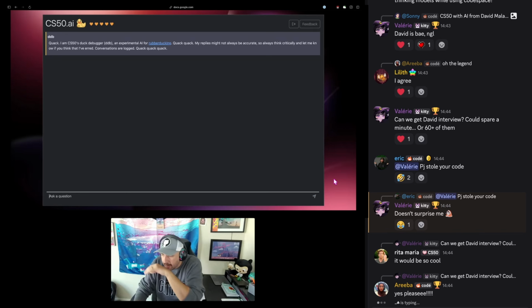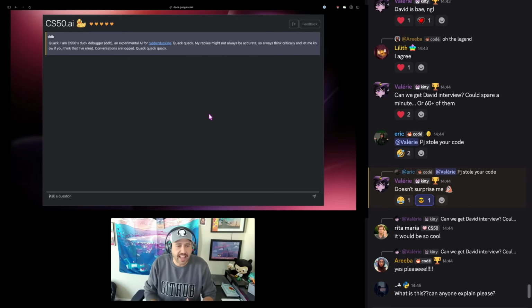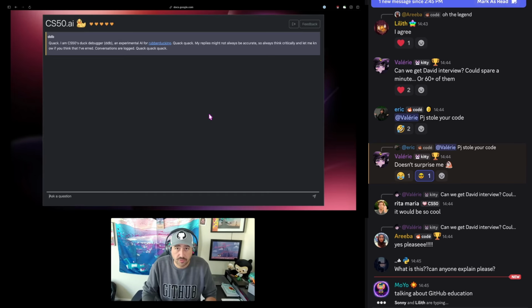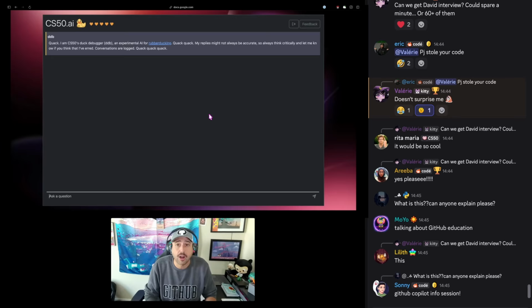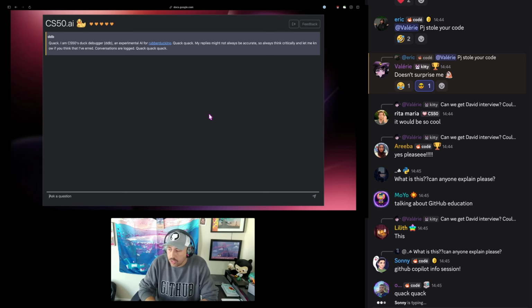Finally, this is something that they actually use in CS50. This is CS50.ai. CS50.ai is a debugger that uses OpenAI underneath the hood, and you can ask it questions about your assignments inside of Harvard's CS50 class, which is free online. You can take CS50 right now if you want to. And this debugger does not give you an answer. It is programmed to say, do not give code, do not give an answer,